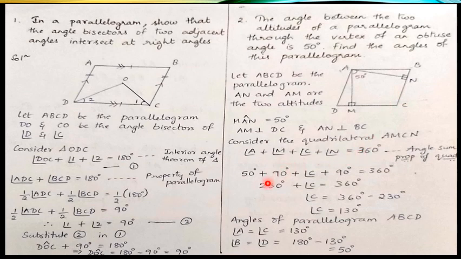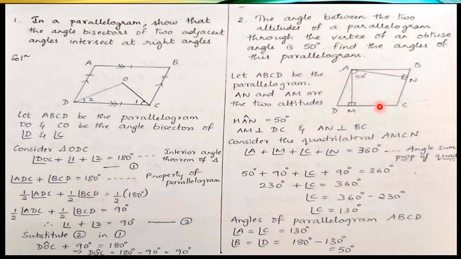Substitute all the values of angle A, angle M, angle N. Because angle C is unknown, we will retain it as it is and find the value of angle C. Add 50 and 90 and 90, you are going to get 230 degrees. Send that to the RHS, so that it is going to be 360 minus 230 and the answer is 130 degree. So angle C is 130 degree. We got this angle as 130 degree.